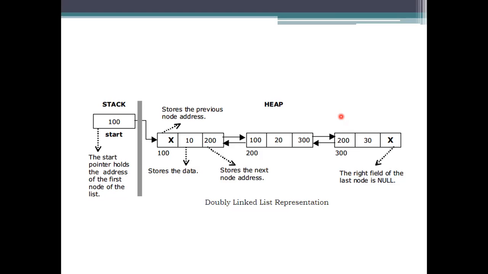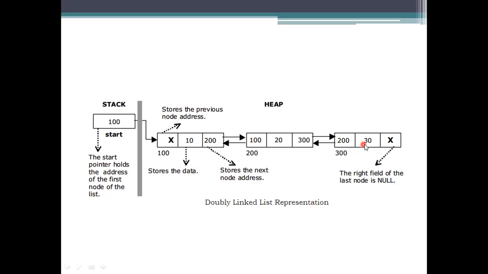So here this is the null, and next this is the data, and this is where it has been connected. It is not necessary that it should be a contiguous memory space. It can be taken as uncontiguous memory spaces. And coming to this storage, see here this element 20 has the address 200, and it will have the predecessor and the successor. The predecessor address value is 100, store that, and next the successor address value is 300, store that.